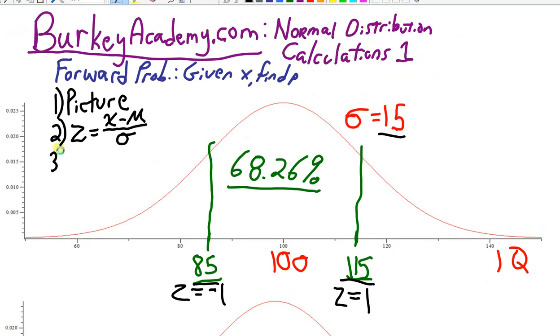The third step, what we're going to do is we're going to take the z-score to a table. And so you need to have a calculator and a z-score table in front of you. And if you don't have one, I have one on my website. I'll show you in just a second, and I'll tell you how to get it. So take the z to the table. Let's have a look at this table. Now, if you don't have a z-score table and you need one, they're easy to find on the internet. If you can't find one, or if you want the same one I use, then go to